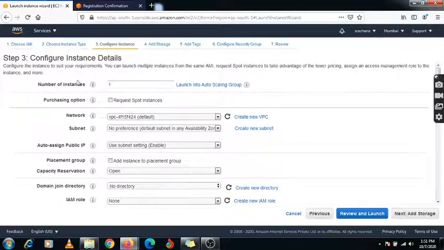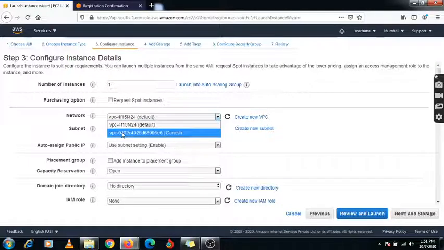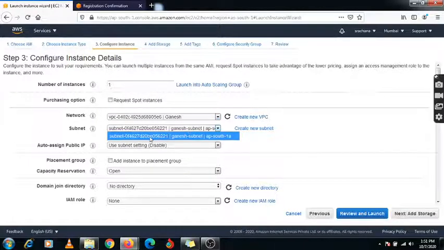Here is the option for the number of instances. You can create multiple instances at the same time from the same template. Here you can select the VPC which I created in the previous video, named Ganesh. And here you need to select the subnet which you created for this VPC.